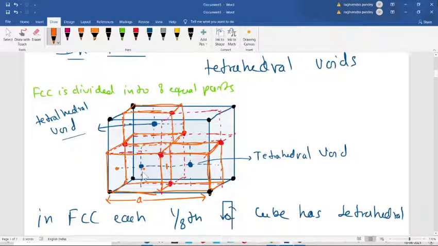So here I am taking these 4 equal distances, 1, 2, 3 and 4. So A by 4, A by 4, A by 4. Here it is A by 4 plus A by 4, so that is your A by 2.